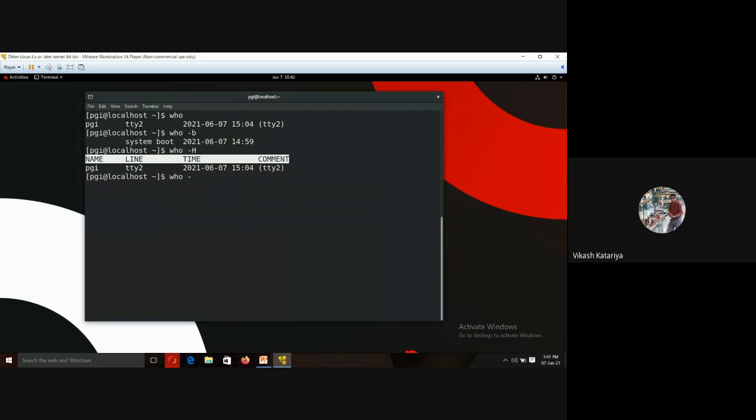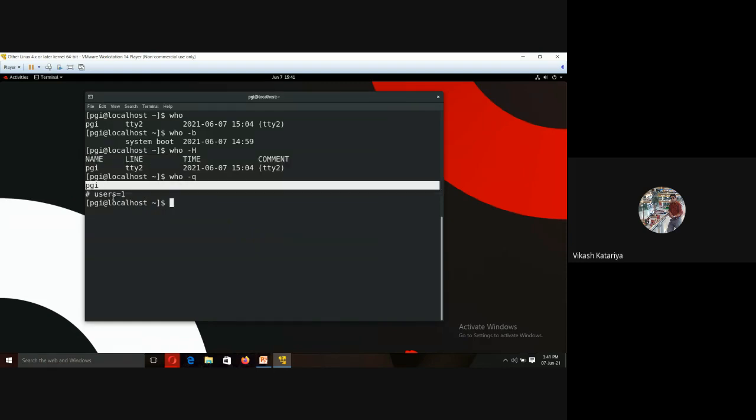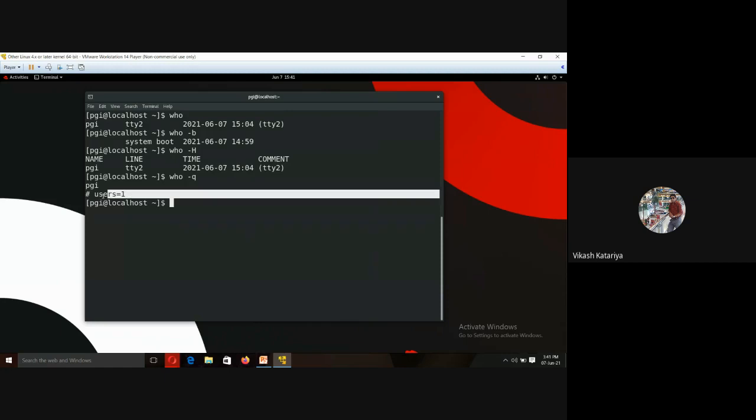Similarly, -q counts all login names and the number of users logged in. Only a single user is logged in, so users equals 1. If suppose 15 users are logged in, it will show the list of users' details and count how many users are connected with the Linux machine.